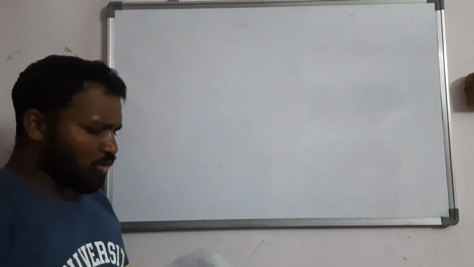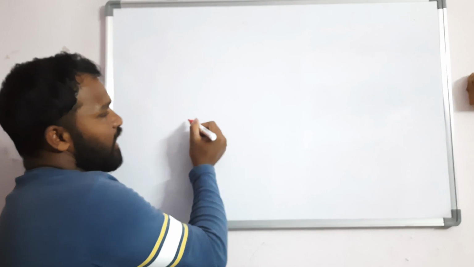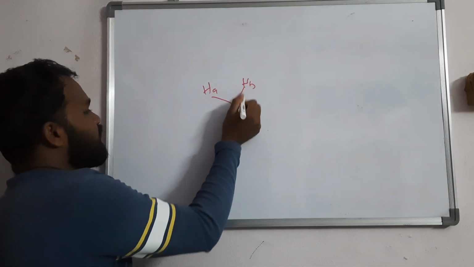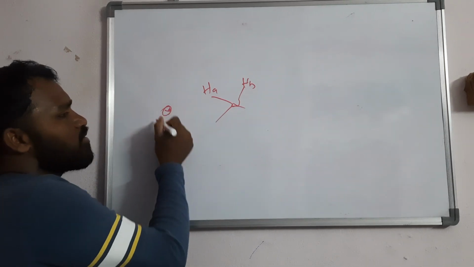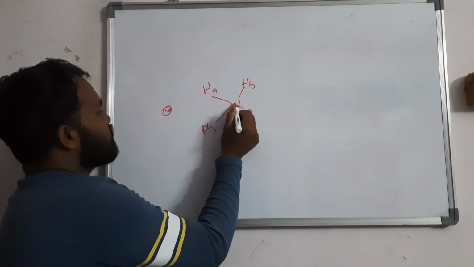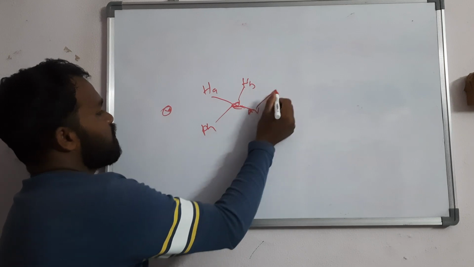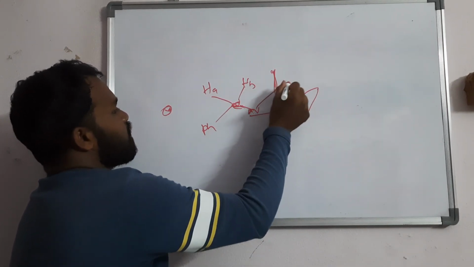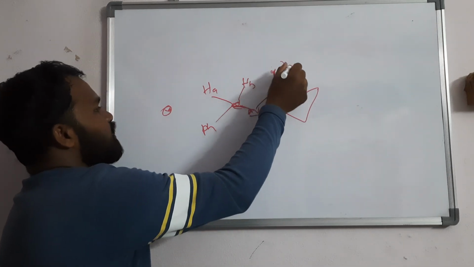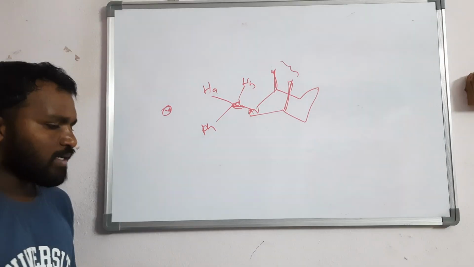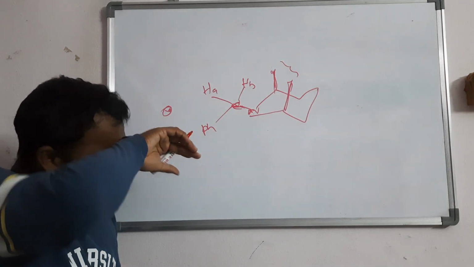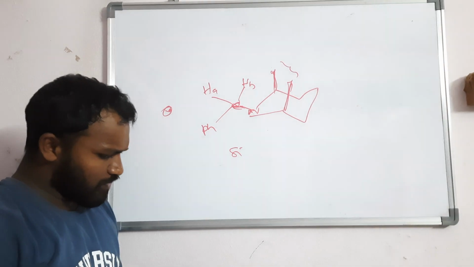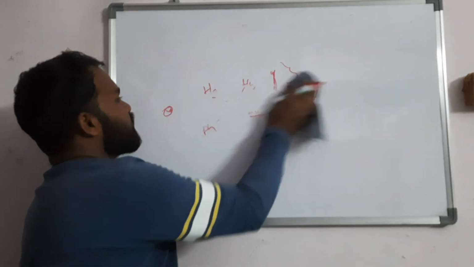They asked one more question: HA and HB in NMR signals. That is also something I don't know exactly, but the question is like this. One is both methyls above the plane, one is below the plane, and they asked to find the singlets, something they gave. That is also something I don't know exactly. So this type of questions they asked in the GATE examination.